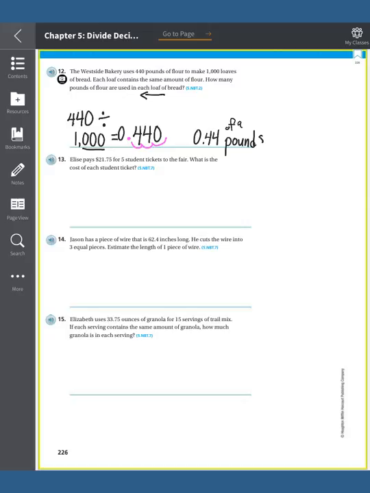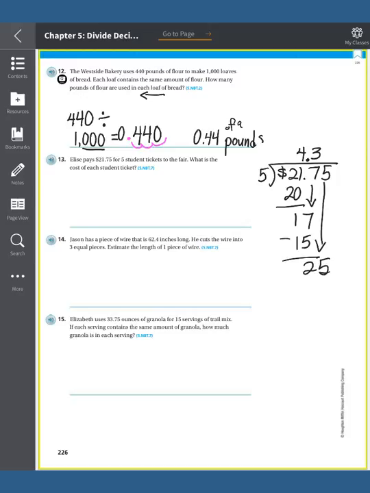Elise pays $21.75 for 5 tickets. What's the cost of each student ticket? So we're going to be dividing. We're going to divide 5 into $21.75. So again, you're going to want to make sure to put the decimal point where it's supposed to go. And there should be no remainders in here. So the answer is,